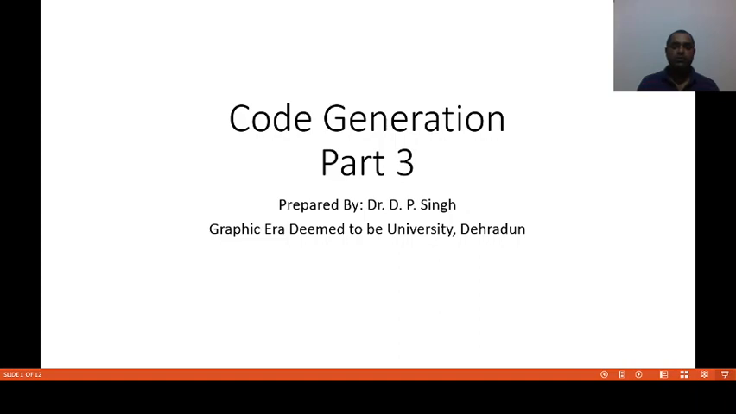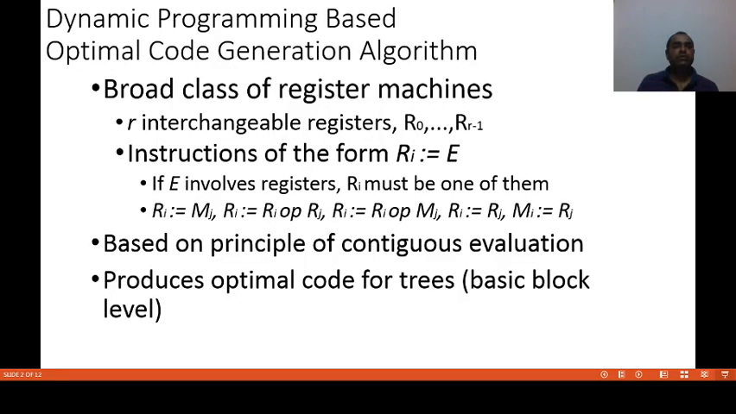Hello everyone. Our today's topic is dynamic programming based optimal code generation algorithm. In dynamic programming based optimal code generation algorithm, basically there are broad class of register machines